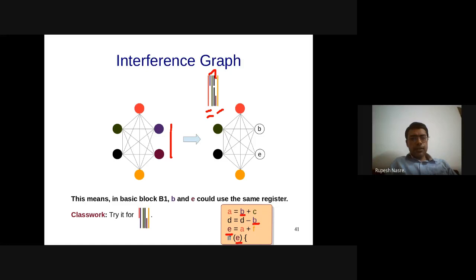But whatever we did just now with respect to graph coloring, there is something amiss here. What is it that is amiss? We definitely did it for one basic block. We need to repeat it for all the basic blocks, etc. But does this give us the register allocation? Global allocation? What do you mean by that? That is the global allocation and we have not done the local part. Is that what you are saying?